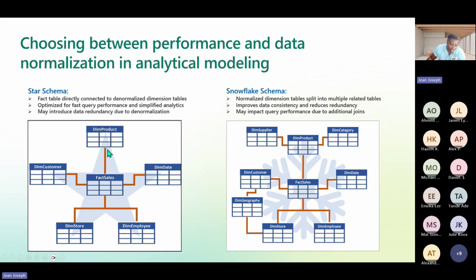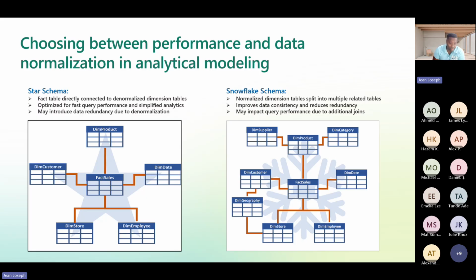So with that said, if the data is very segmented, where there are multiple categories and subcategories, it might be best to not denormalize that data. Instead, keep the data normalized and bring what we call Snowflake into the picture, because the goal of Snowflake is to keep the data normalized under a denormalized environment in order to promote better data accuracy, data consistency, and remove